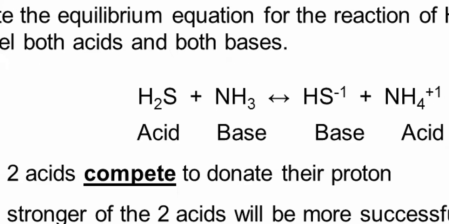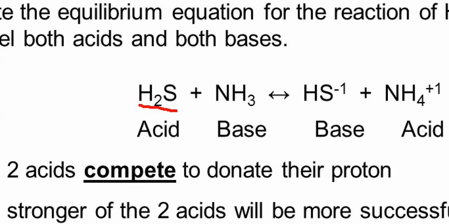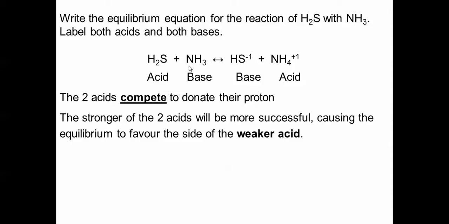If this H2S acid is stronger, it's going to push it to the right more, and the equilibrium will hang out more over here in the products. So knowing that, the side of the stronger acid is never going to be favored. The equilibrium will always favor the weaker acid. It says that at the bottom of page 130 if you have a look in your textbook. It has it in bold down there. The weaker acid is always going to be on the side that's favored because of the acids competing to donate